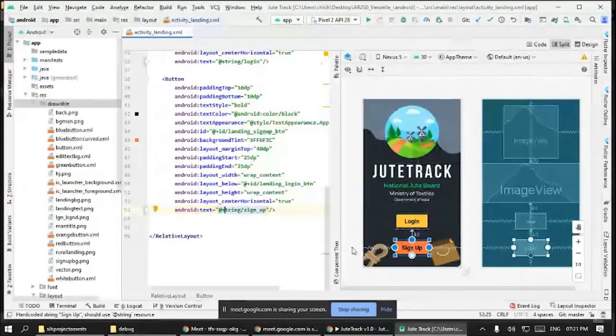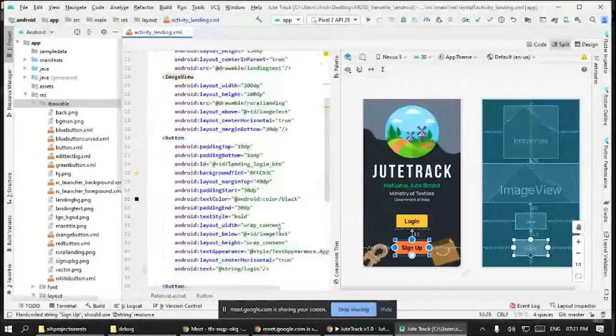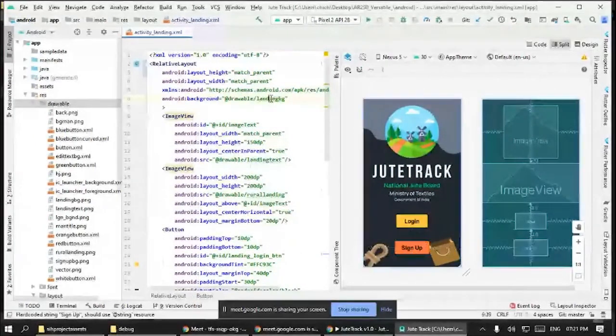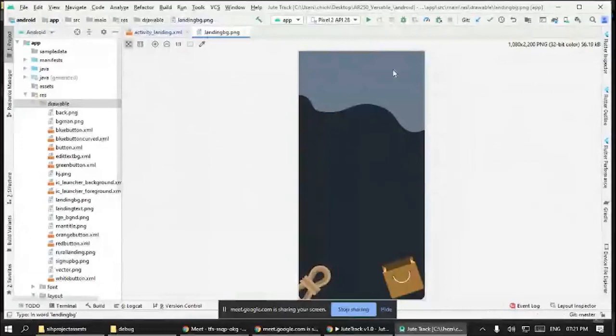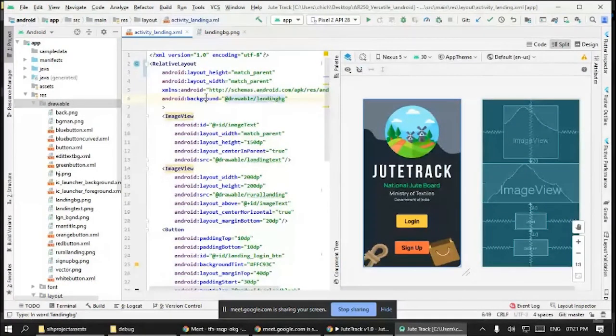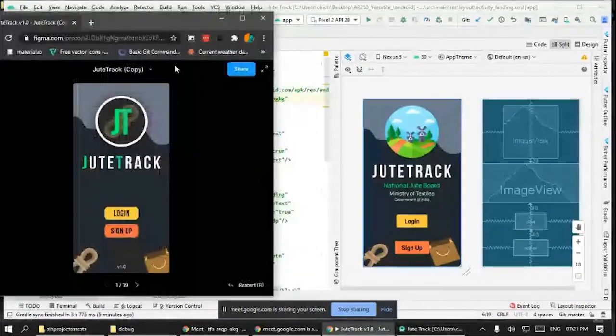Yeah, now this rope and this basket, that's also an image view, and it was so hard for me to get things done, like place this rope at the left bottom corner, place this basket at the right bottom corner. So what I chose to do is make an image like this. This is an image I made from those components he gave. He gave me this image. I placed this rope and this basket in Photoshop and made this image. And I set it as a background. So it will look exactly the same.